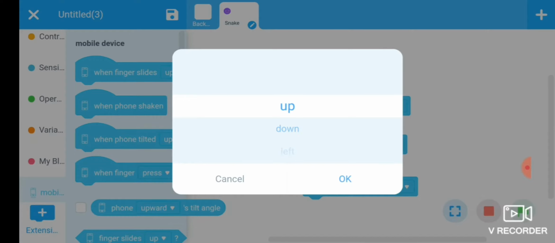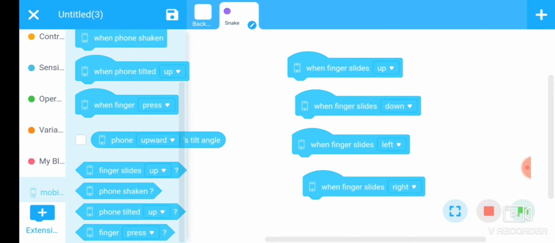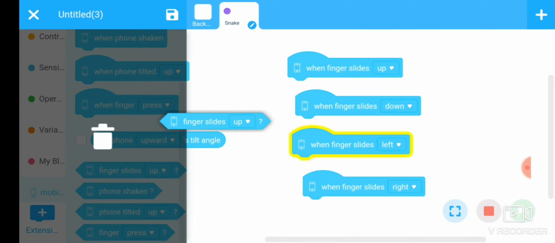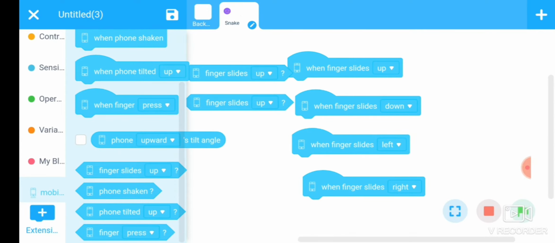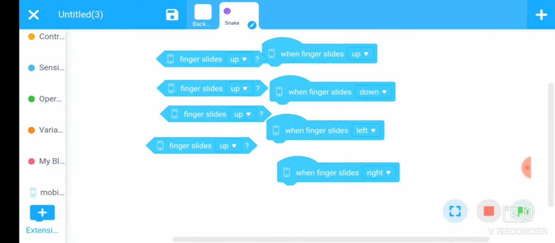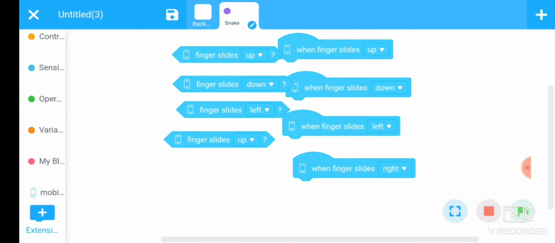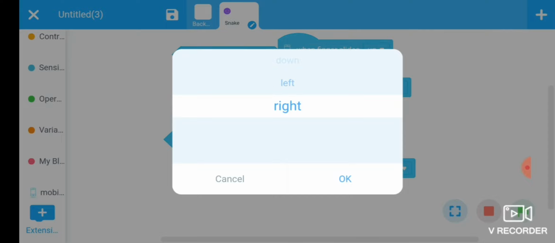One for up, second for down, then for left, and last one for right. And also a condition when finger slide up, this condition is taken also 4 times. Left and right also.